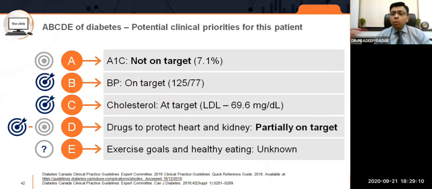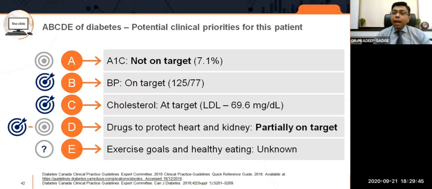But we should do something more, because until the RENAAL study which came in 2001, we knew that ACE inhibitors and ARBs were the only drugs which can protect the kidney. Besides, there are certain other drugs. I don't say these are the only drugs. Besides, other drugs like mineralocorticoid receptor antagonists used judiciously, and even any drug reducing hypertension will reduce proteinuria and have a beneficial effect on the kidney. But when you talk of specifically renoprotective and cardioprotective drugs, we speak of ACE inhibitors or ARBs.